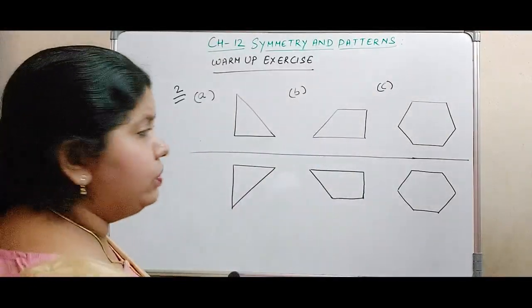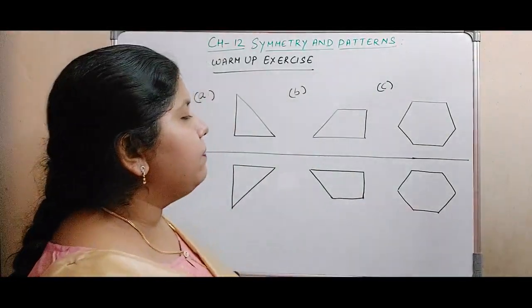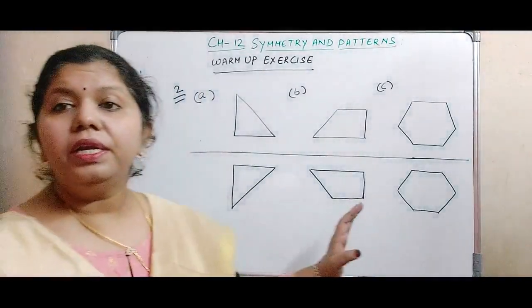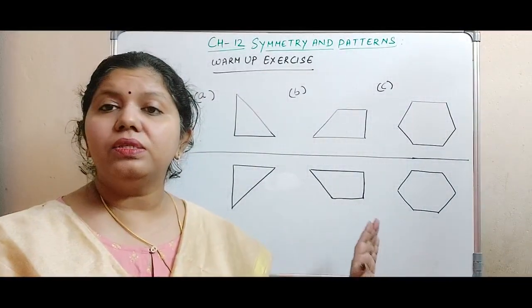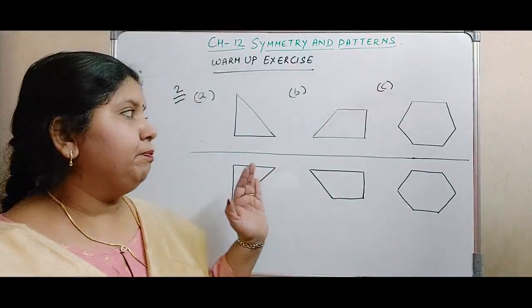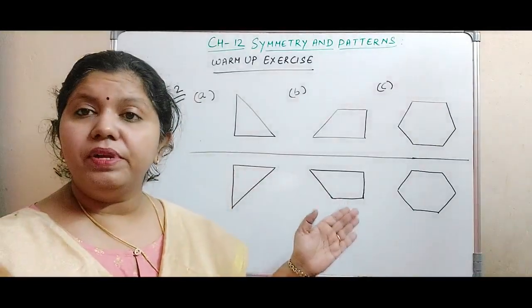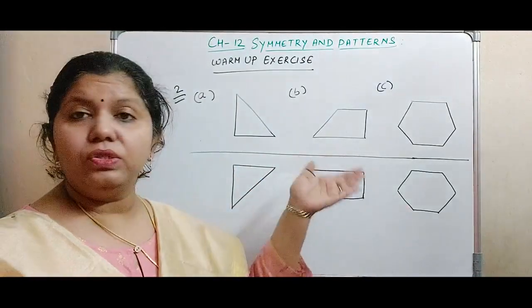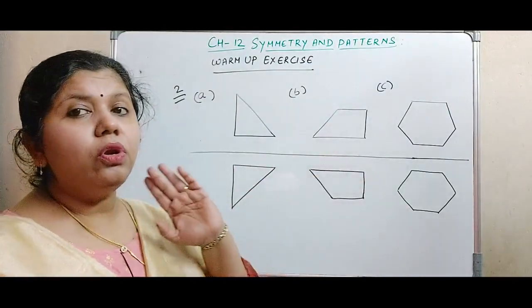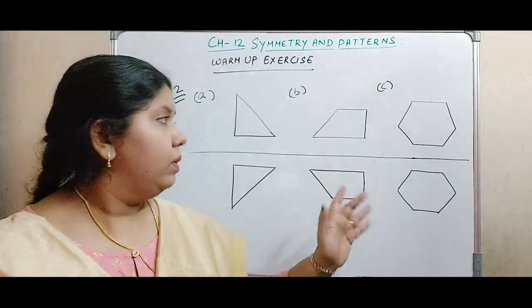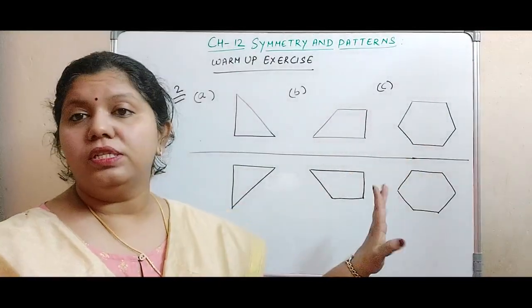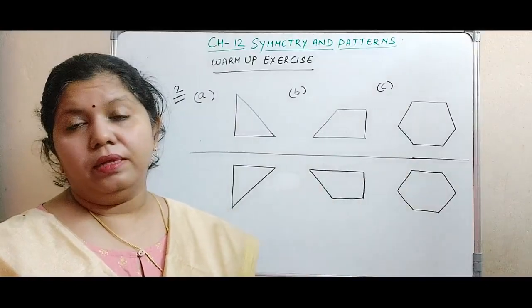Okay, and you see this is a hexagon. In this figure also you can see it's a six-sided figure, but the speciality of this figure is that it has got horizontal line of symmetry and vertical line of symmetry, both in it. Okay, and diagonal wise also. So there should not be any change in the shape. So you can see in the water image you are not going to get any change in the shape in case of a hexagon.